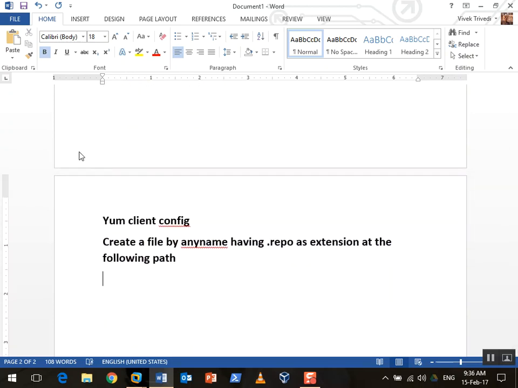You can use vi, you can use nano, you can use gedit. So vi /etc/yum.repos.d/ and anything you can give it as server repo, local repo, local server repo. Okay, now in this file, first entry: